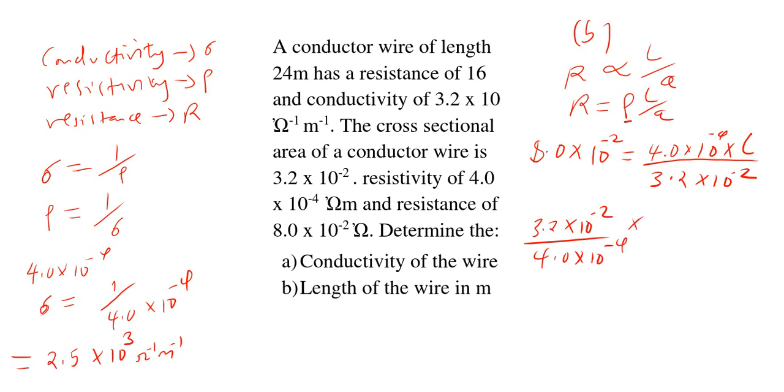Then this is multiplied by 8.0 times 10 power negative 2, because we were multiplying both sides by these values. So now we have these two in the numerator and we have the resistivity at the denominator. So when you compute this, you will get